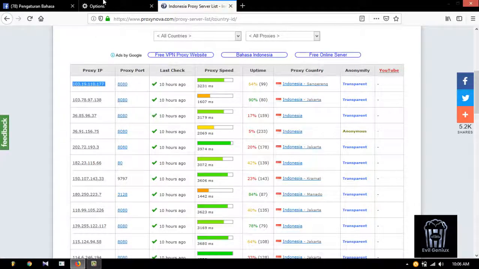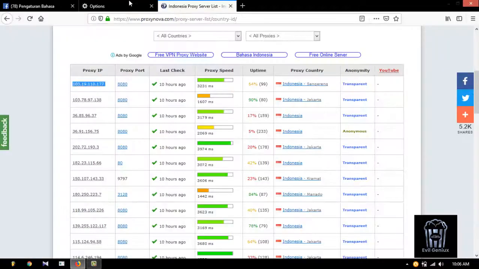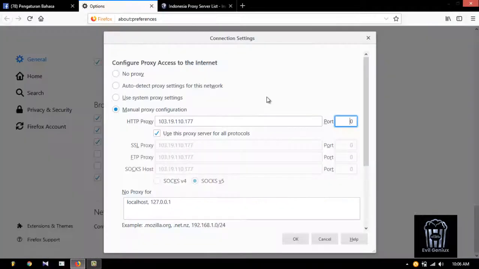copy the proxy and paste it under HTTP proxy. Then go and check the port. Okay, the port is 8080. Type it. And make sure you tick use this proxy server for all protocols. Okay,